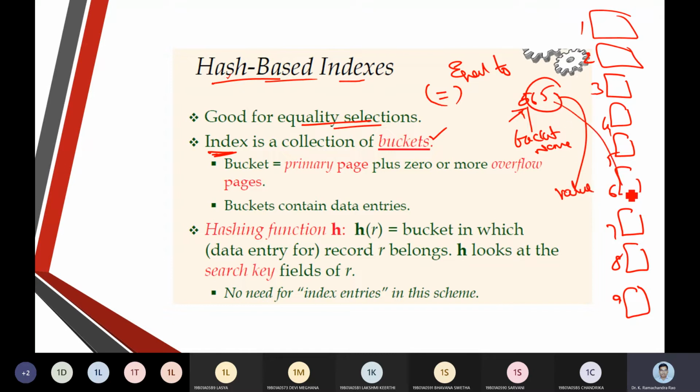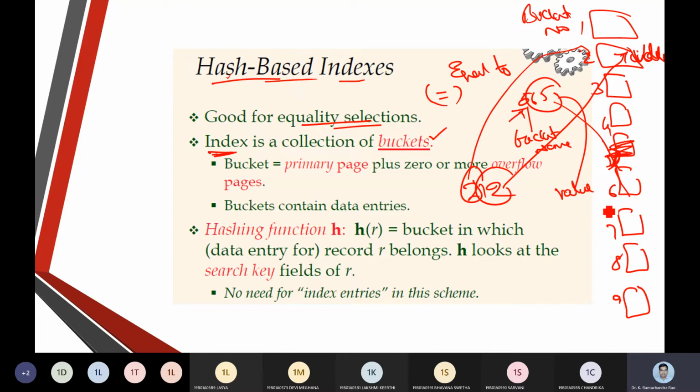So obviously it moves to this fifth bucket. Similarly, if I say 212, 2 indicates the bucket number, and 12 indicates the value here. So in this way we are going to fill up the buckets.